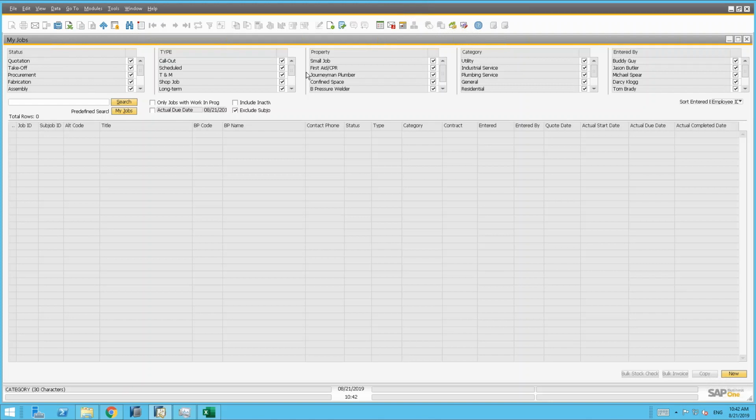The other thing I should point out too is that these descriptions of status or type or property or category are all user defined, which means that when you set up Airless Job, you get to choose what these mean to you. So status is normally used as a progression of the job. Type can drive some accounting determination, and then properties and categories are further things that are used to